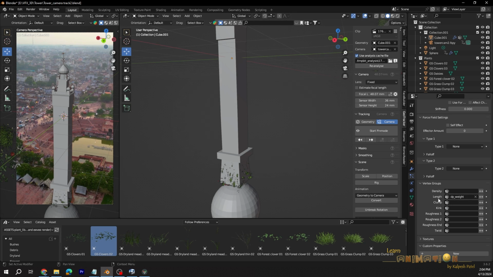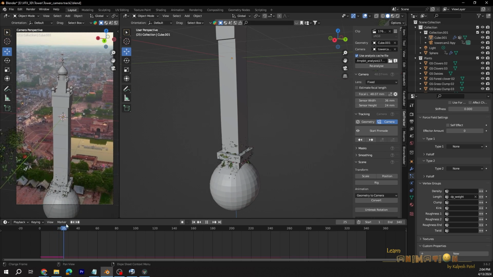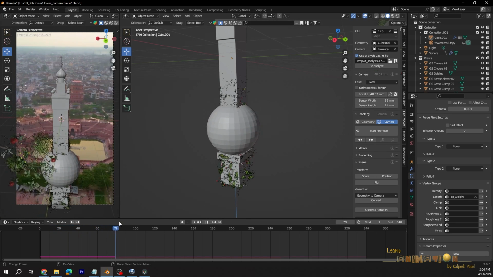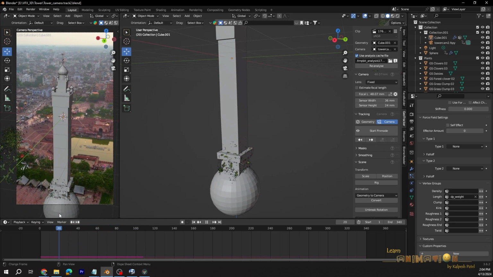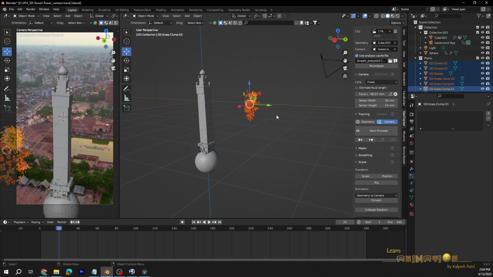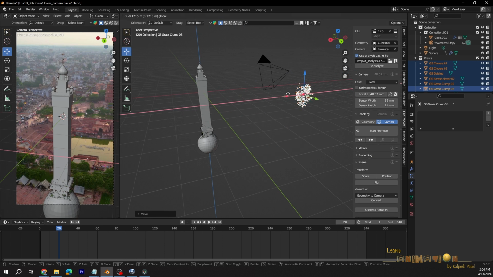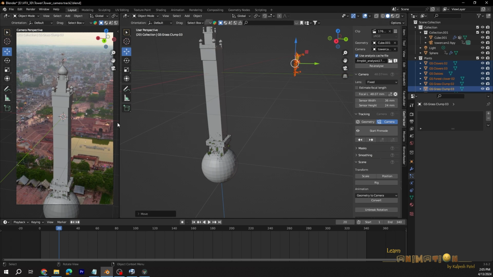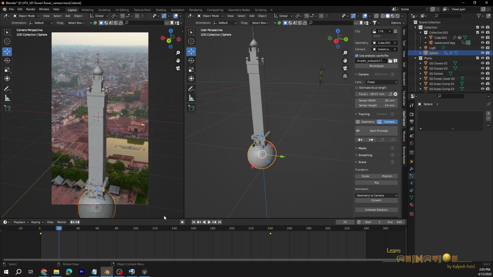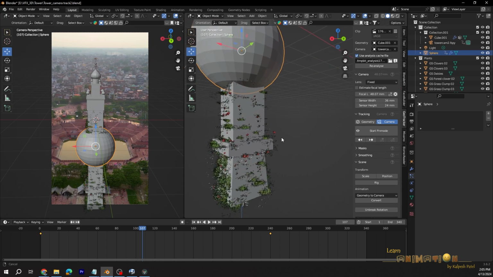So once you select it, now just switch off this and just go to the timeline, just scrub the timeline. As our sphere goes up, okay, these things we just have to take a little away so it should not be visible in the scene. Now here you can see as our sphere goes up, the plants are getting scattered.